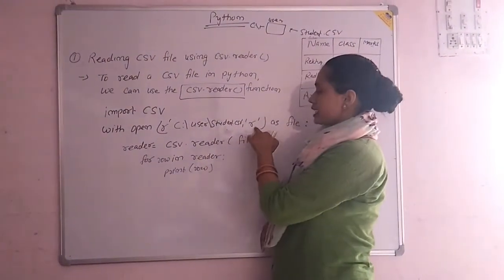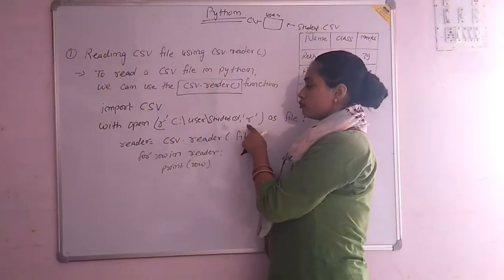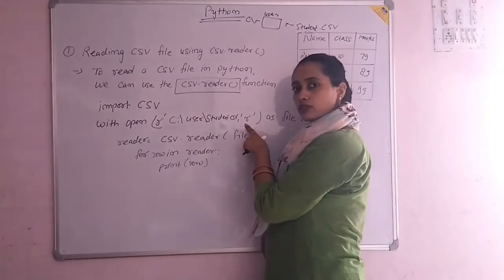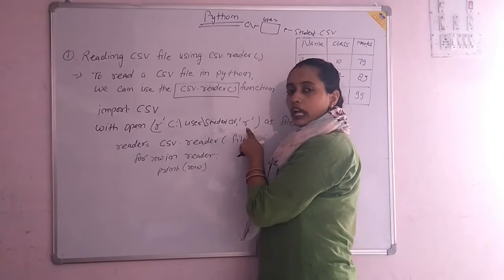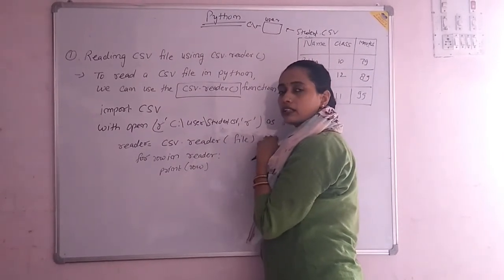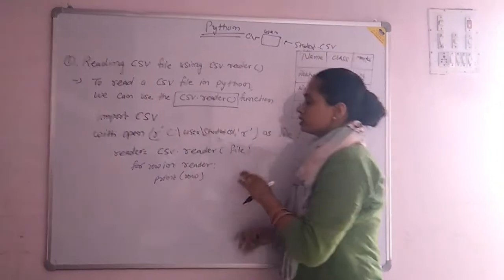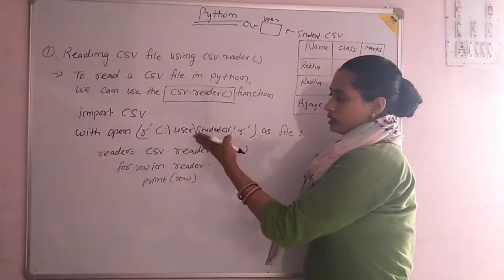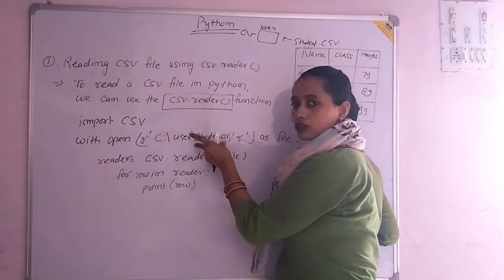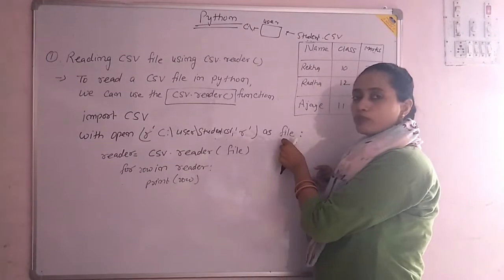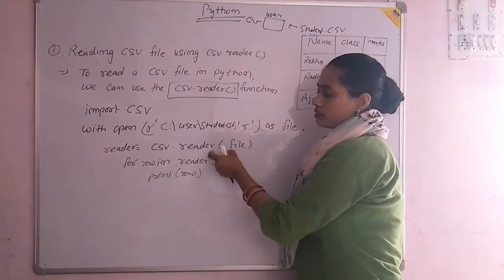Next, because we are reading the data of this CSV file, we are applying the mode here, that is reading mode. As we discussed in file handling, R is reading mode, and whichever mode we apply here, our control will work according to it. Next, the open function takes all the data from student.csv and passes it to this file object, and we are passing this file object to our reader function.